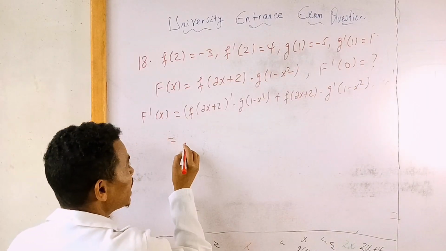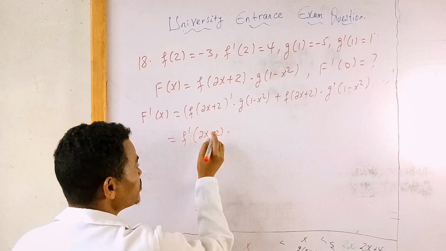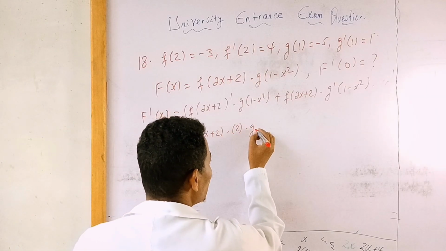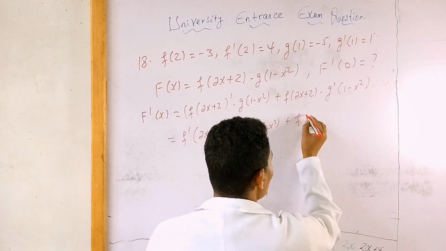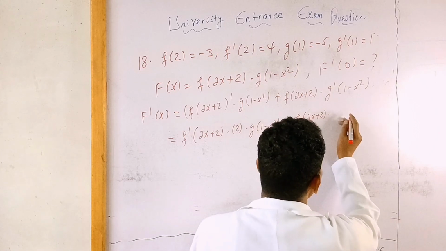So the derivative f derivative of 2x plus 2 times 2x plus 2 derivative is 2 times g of 1 minus x square plus f of 2x plus 2 times g derivative